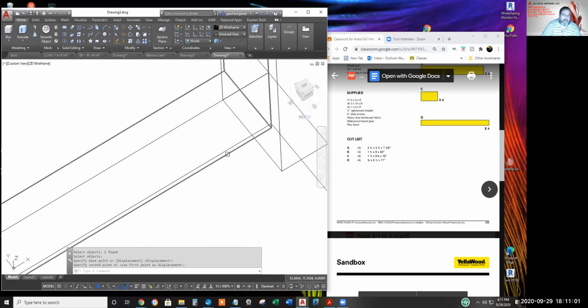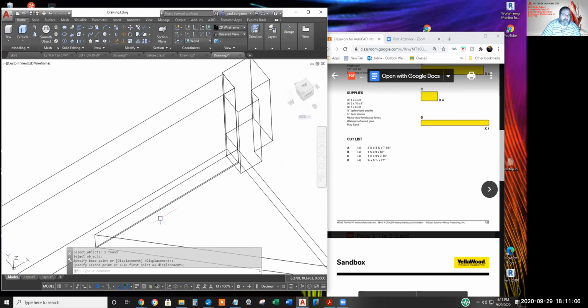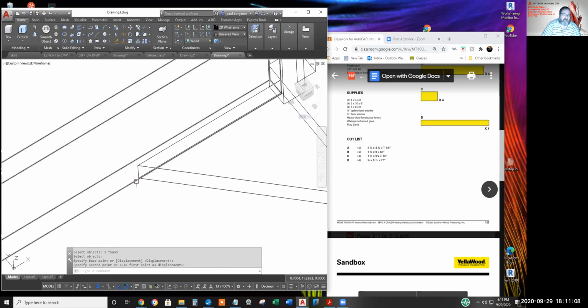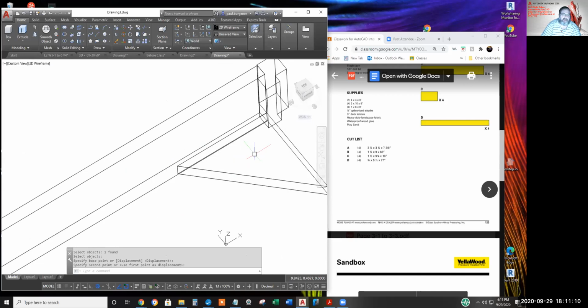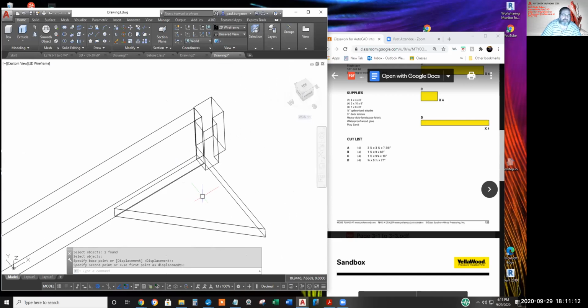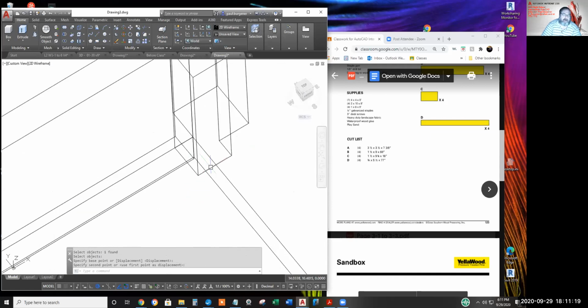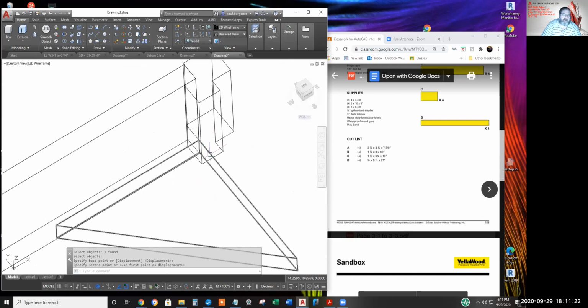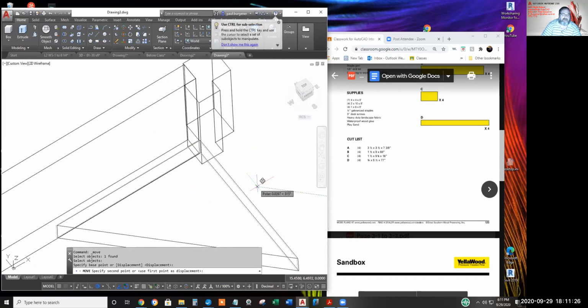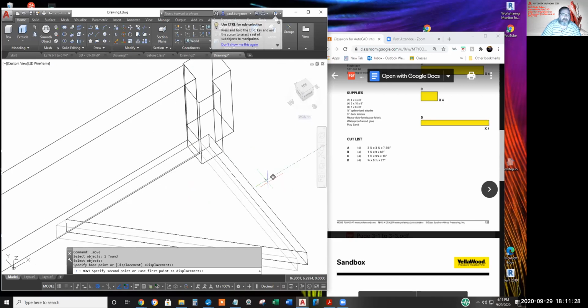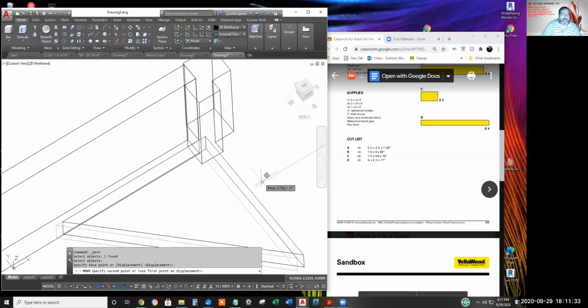Notice that there's an eighth of an inch, I believe, where part B goes lower than part C. Now I need to nudge this thing slightly. How did I do that? I need to nudge it slightly this way. That's right. Okay, it's coming back to me. I need to slide it